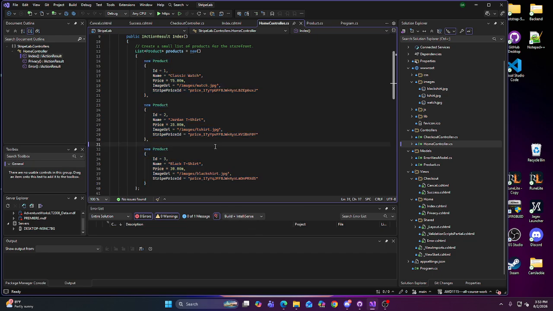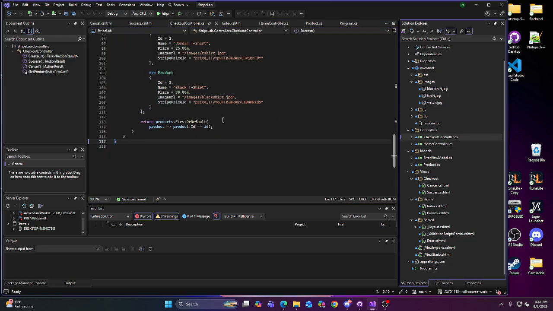Another thing I learned was how the products inside my application can be connected to products and pieces inside Stripe. So on Stripe, these are products that are individually made. I can go on there and show everything, but to keep this video short, we're not going to do that. But here's the Stripe price ID. This connects it to Stripe itself. Each product has its own Stripe price ID, and this correlates to that, and so on and so forth. So if we're going to move to checkout controller,